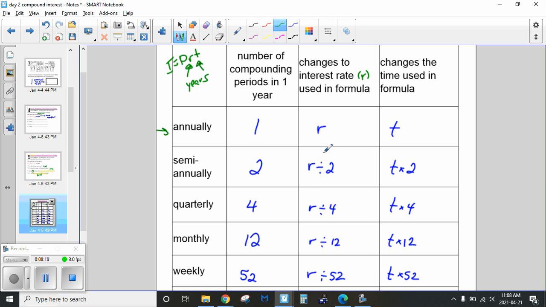So we'll take the interest rate, split it in half, and we're going to have twice as many time periods. So for example, if we are putting our money in the bank for 1 year, we're going to get interest twice. If we're putting our money in the bank for a time of 2 years, we're going to get interest deposits 4 times. Okay, so we're going to double the number of years and cut our interest rate in half for semi-annual. So this chart continues with a couple of other scenarios